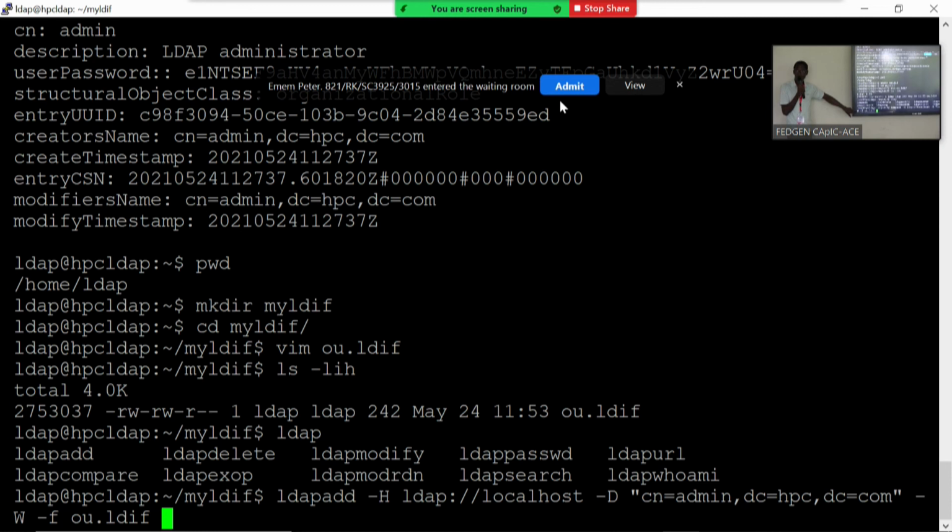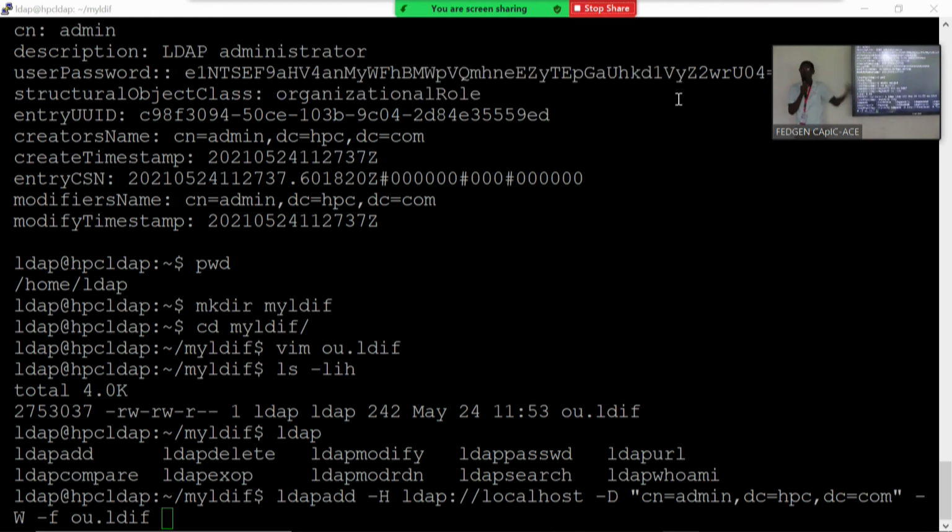It's going to request for the password, the admin password. And then the f stands for file. If the file is not in the same path, you have to specify the right path where the file is. But we are inside the same place, so I don't have to do all that. This is the same file. If there's an error, you will get it. But if it executes successfully, you will get